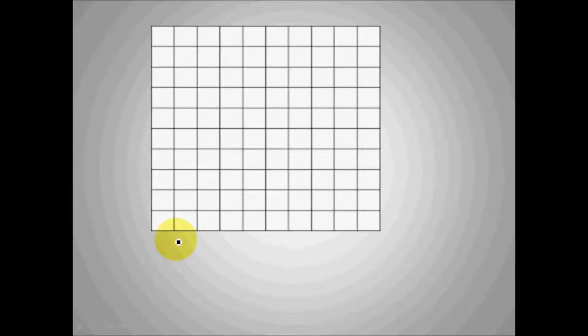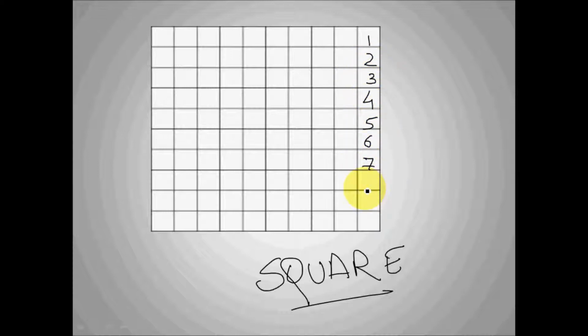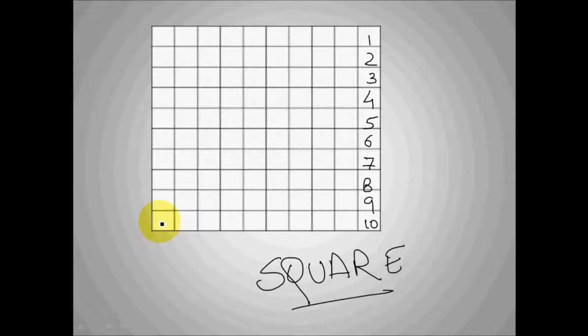Next is a checkered box. What figure it will be? This is a square. For the confirmation of this, you can also count the boxes. 1, 2, 3, 4, 5, 6, 7, 8, 9, 10. As the boxes are equal, you can also count it from the other side, to see how length and breadth or the opposite sides are same or not. 2, 3, 4, 5, 6, 7, 8, 9, 10. So it is a square.